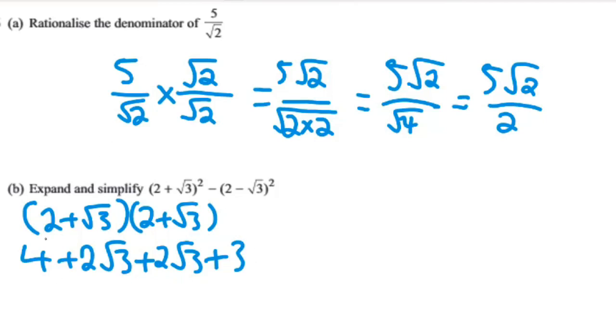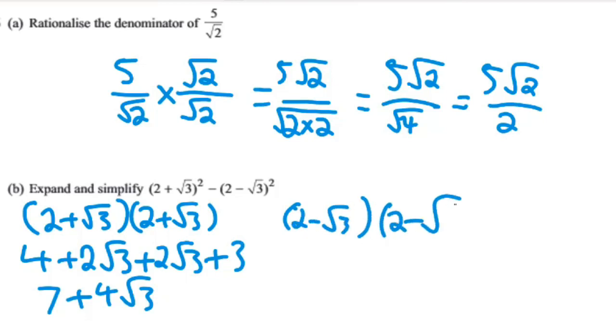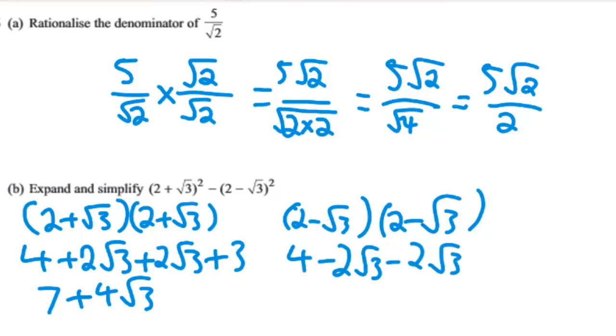Simplifying here, then, we get 4 add 3 is going to be 7, and 2 root 3 add 2 root 3 is going to give us 4 lots of root 3 in total. Okay. Now for the other brackets, so we've got 2 minus root 3 this time, and again it's squared, and as before, first times first, 2 times 2 is 4, outer, 2 times minus root 3 this time, so minus 2 root 3, inner, minus root 3 times 2, again minus 2 root 3, and then lastly, minus root 3